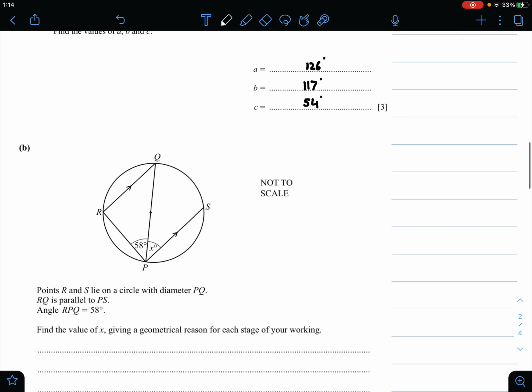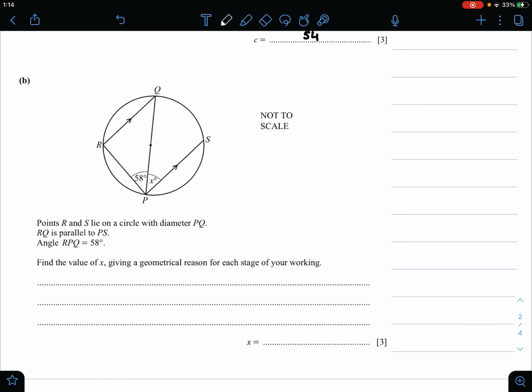Now let's move to part B of this question, where they are asking us to find the value of x giving a geometrical reason for each stage of your working. Okay, so firstly we can use the circle theorem that the angle in a semicircle is always 90 degrees,